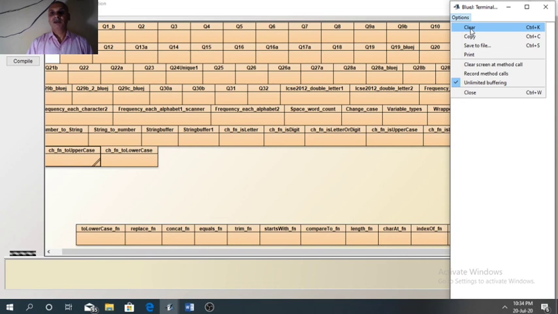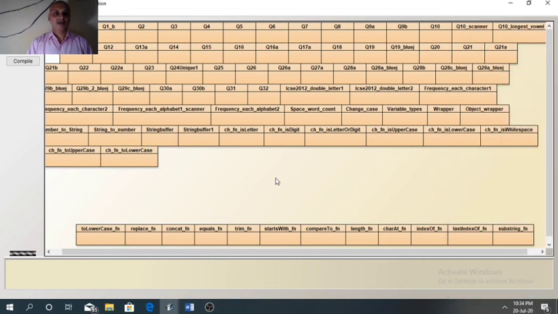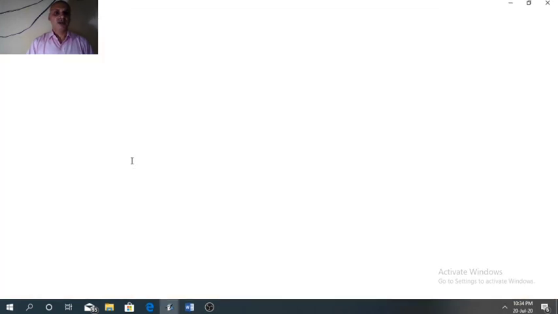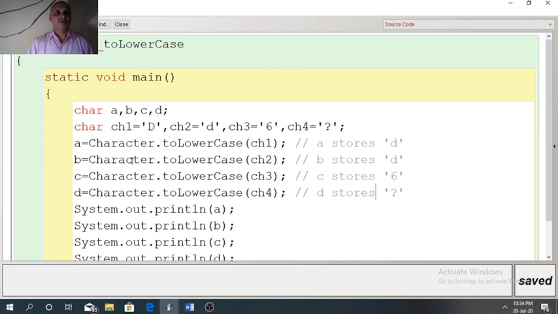Now the last function of today's session is left, two lowercase. It is similar to two uppercase. It will change the uppercase letter into lowercase letter.